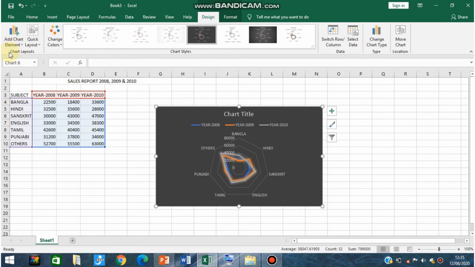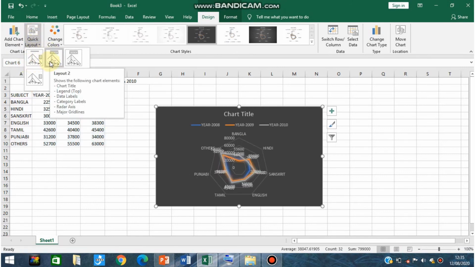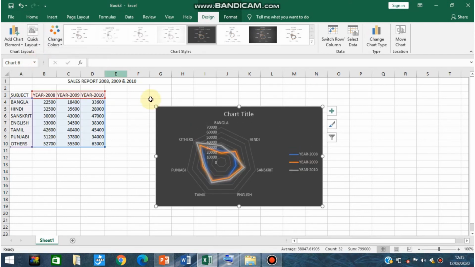Inside this design tab there is one section of charts layout. From this charts layout click on the quick layout option, and then whichever layout you want you can select that. So according to your requirements you can change the layout.